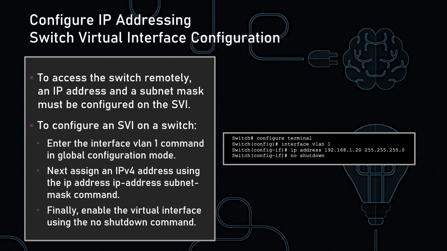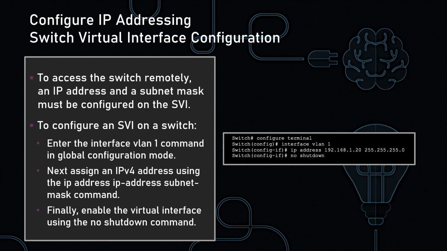Now, we talked a little while ago about the VTY lines to be able to get in and work on a switch or router remotely. How do we do that? Well, we have to set up a web interface. Not necessarily a web interface, but definitely an internet interface. So we would use something like an SVI, Switch Virtual Interface, that requires an IP address as well as a subnet mask. So in this case, we type in config-t to go into global config mode, type in interface VLAN 1,